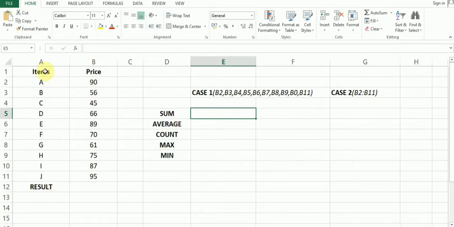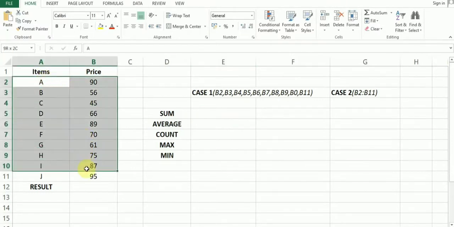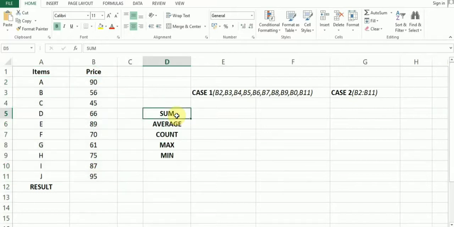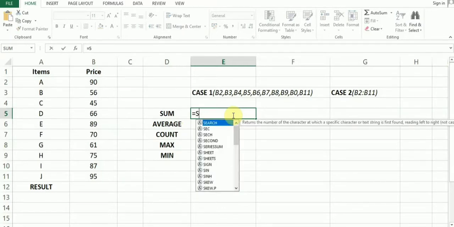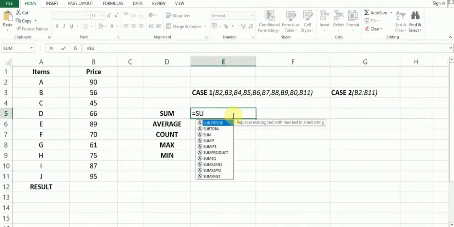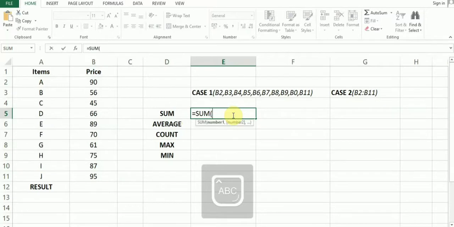Now let's talk about another example. Here we are taking the items and the price list of 10 items. First of all, we are calculating the sum. These are the 2 cases which we discussed. How will we proceed further? We'll write is equals to sum. What is the cell name?